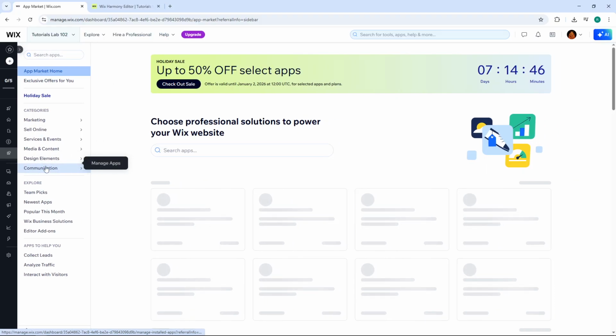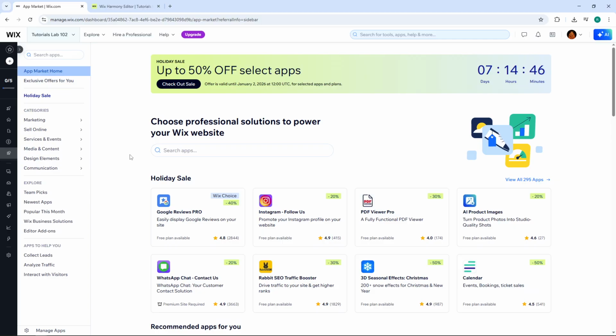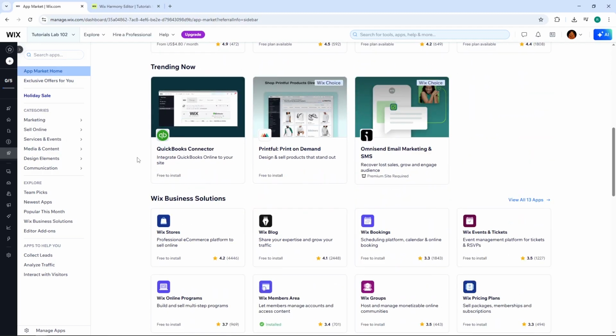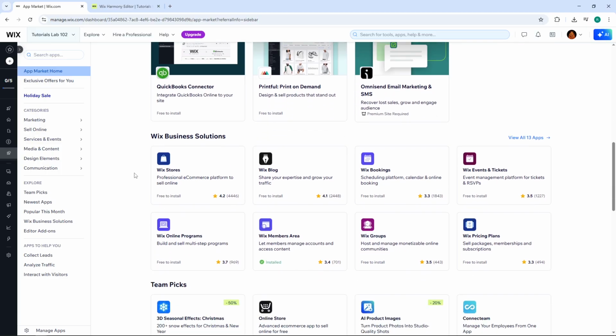This is where you'll find all the available integrations and add-ons that can enhance your Wix site. From here, you can see a list of apps readily available for integration into your website. Now, scroll down through the available options until you find the section labeled Wix Business Solutions. This section contains various business-focused tools and features specifically designed by Wix to help you manage and grow your online